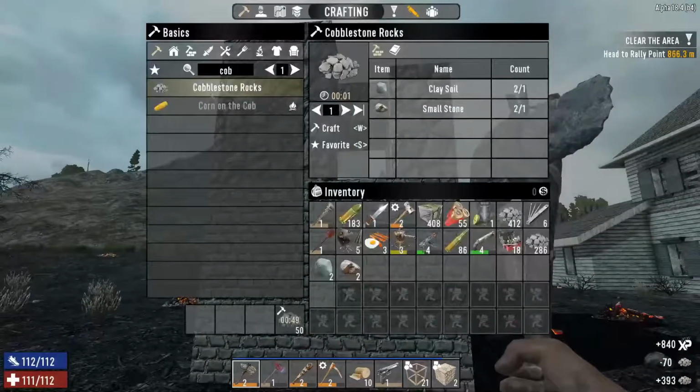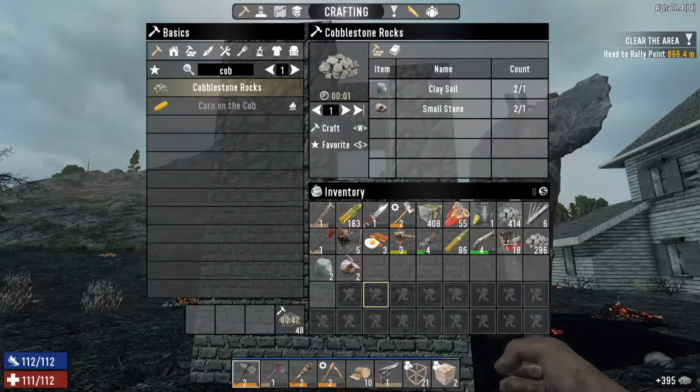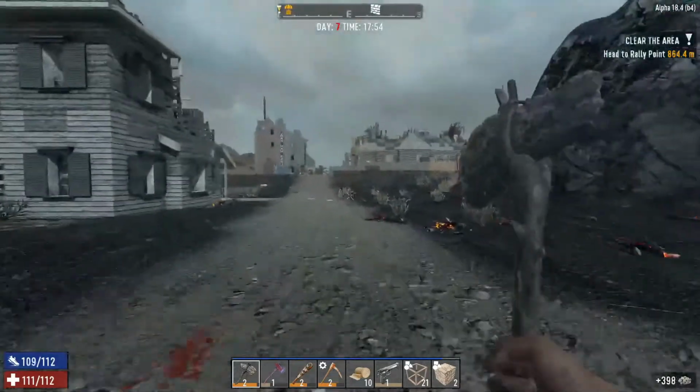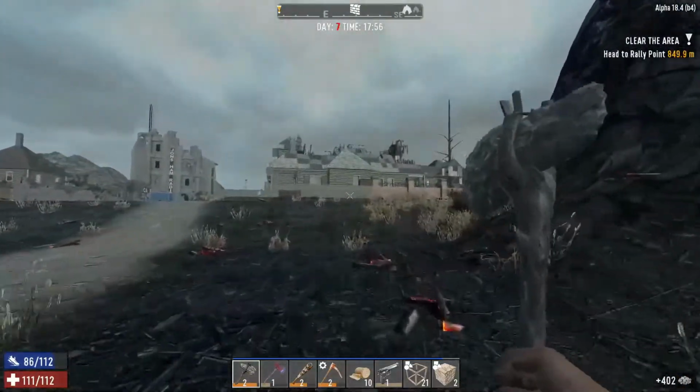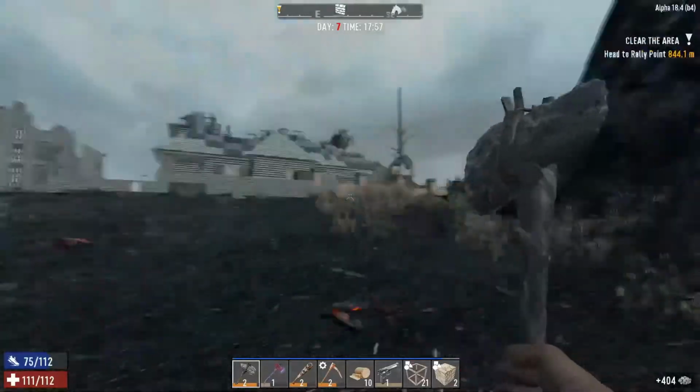Alright, let's go ahead and... do we have any iron on us? A little bit. I don't think it's going to be enough. Alright, let's head back to the house. Grab the wood that we have. Get ourselves a door. If we have an iron door, we'll go ahead and...